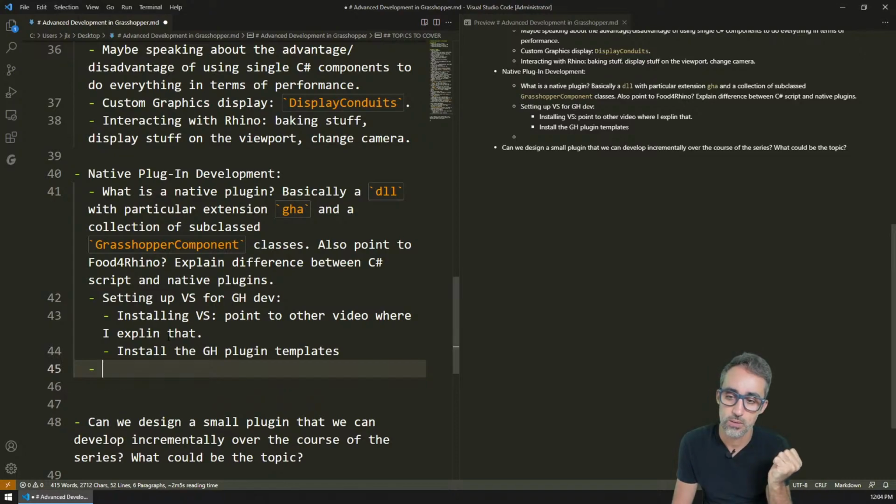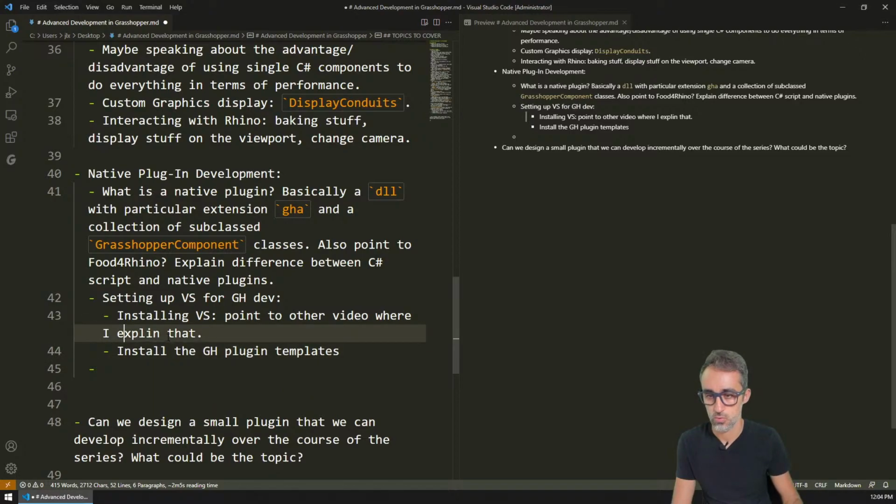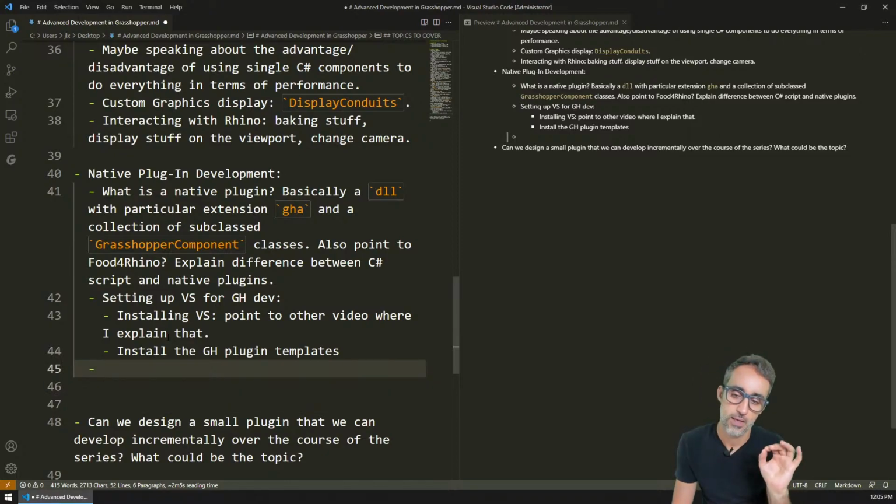So we do that. I install the templates, and then,